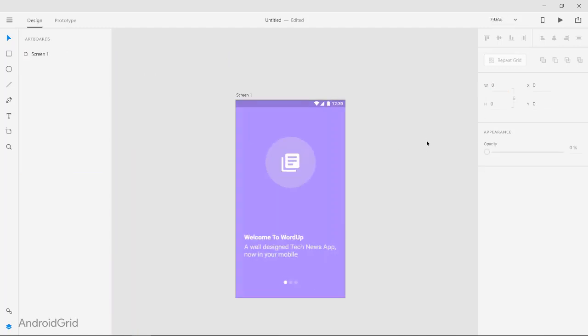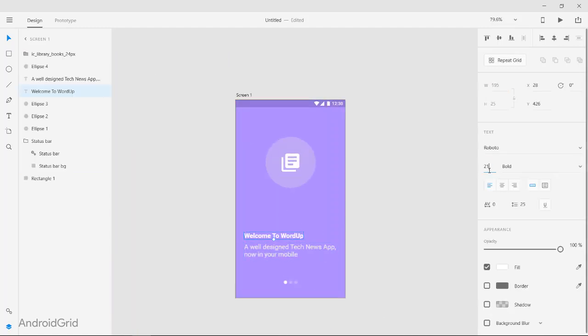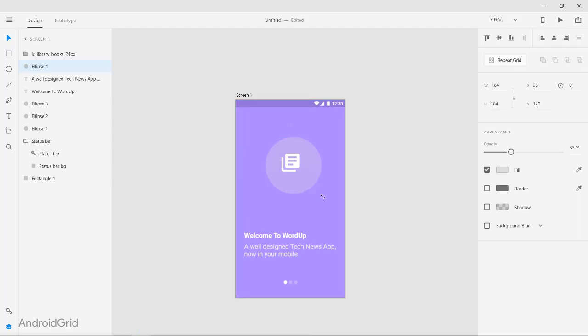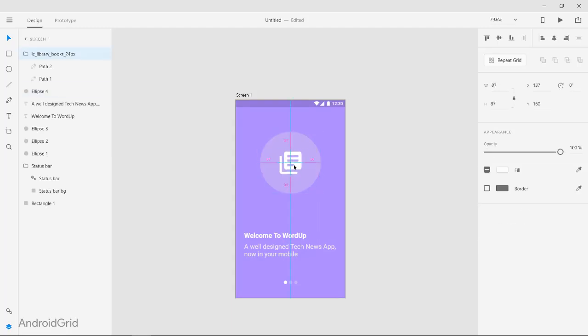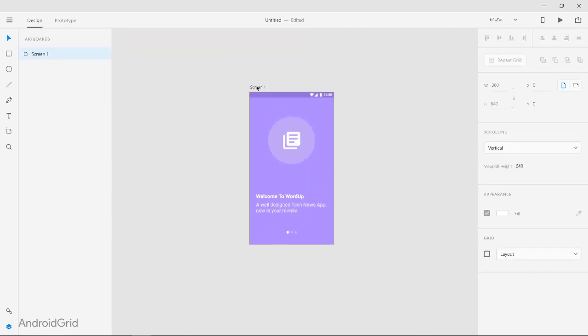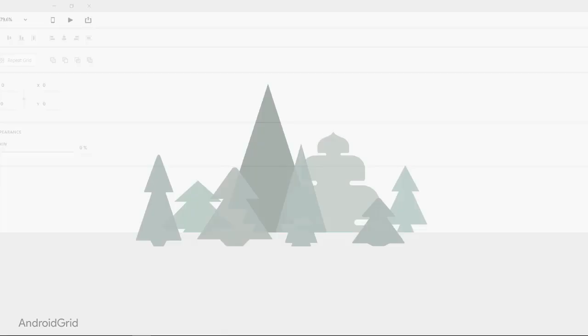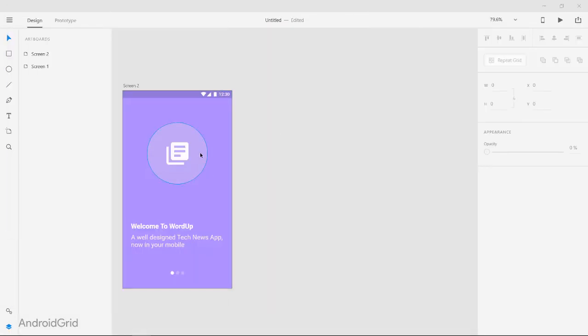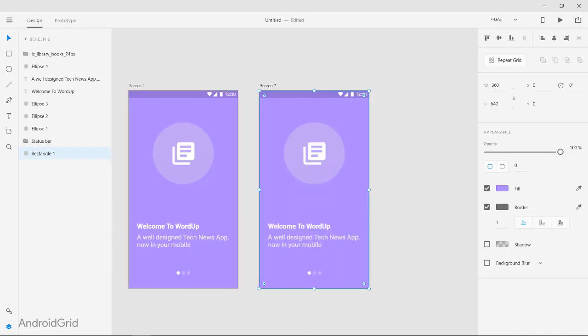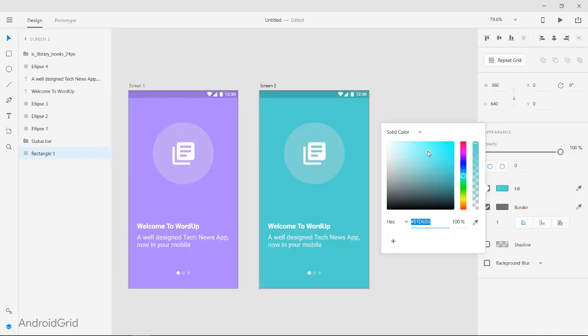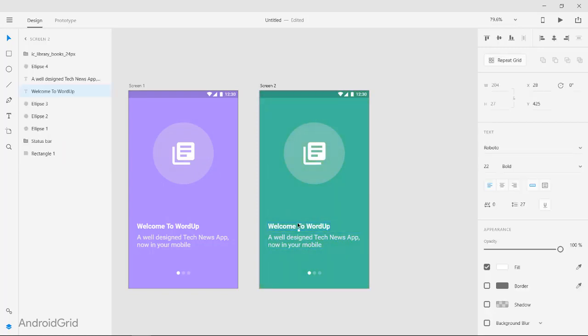And let's adjust the opacity of the status bar again, and just a little bit of optimization. Here you go. And now another screen, copy paste, and now we're going to change the color to a little bit greenish, light green, and it's titled